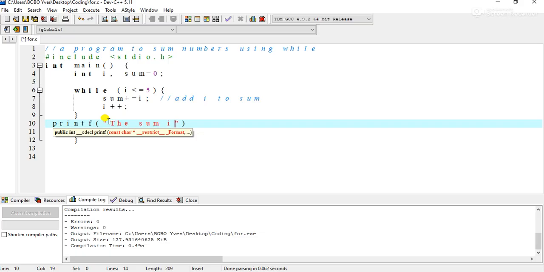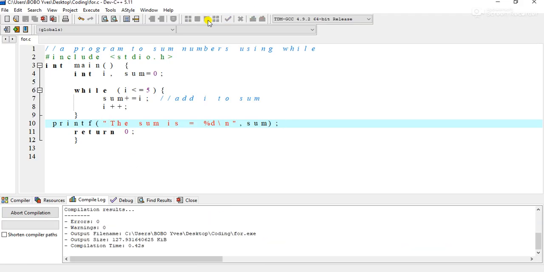The sum is equal. Then because we have an integer, we use a percentage %d. For integers, we use percentage %d \n. And then here we provide the variable where we will be storing our memory. Okay, if we run this program,